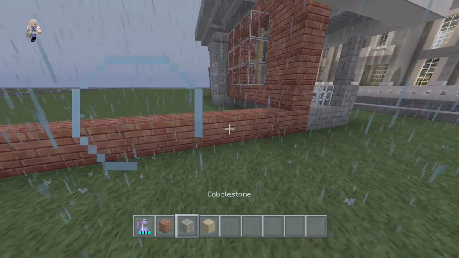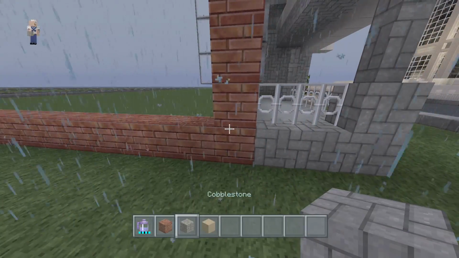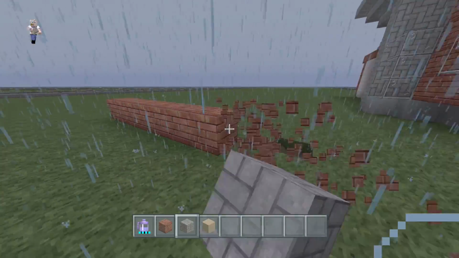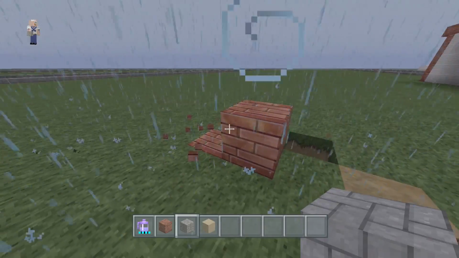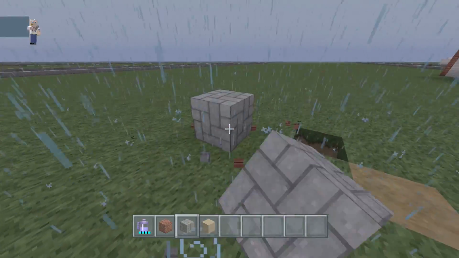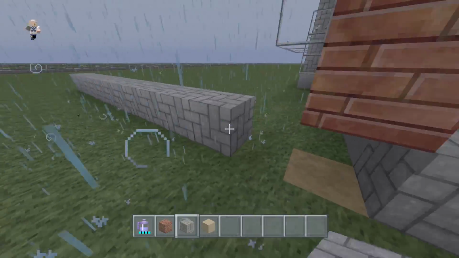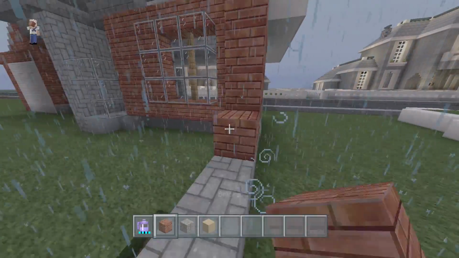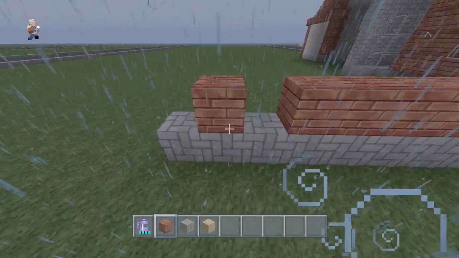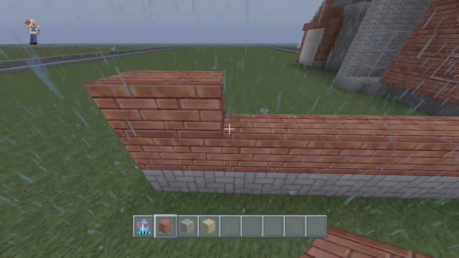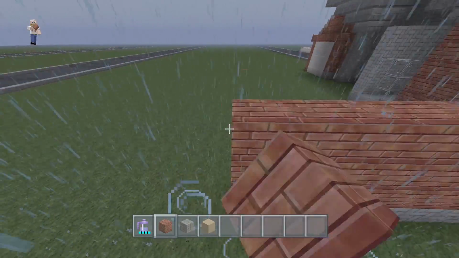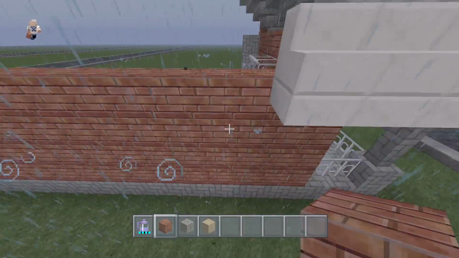Okay. Now, I actually did just realize something. We want to continue the theme of cobblestone on the first layer. So, we're just going to get rid of this and replace it with cobblestone on the first layer. And then it will be brick from there on. Now, this wall here is going to be a solid plain wall. There's not going to be any windows or anything. Because then what we can do, we can make this our living room area. We can have the TV and everything. And things will just be actually a little bit easier having just this.